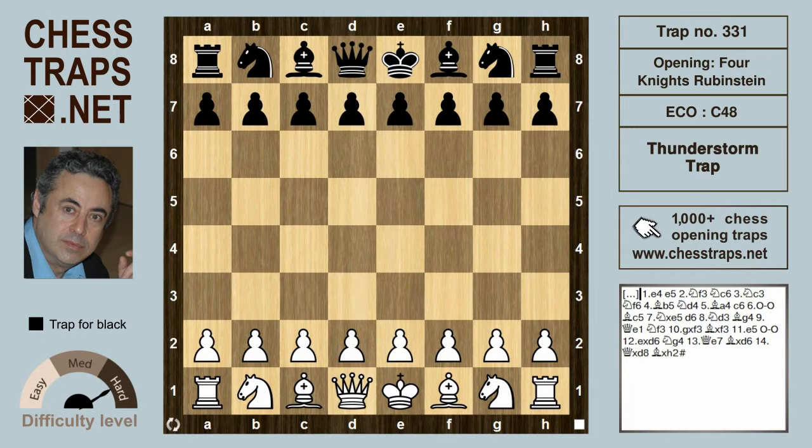Hello there. This is the Thunderstorm trap in the Rubinstein variation of the Four Knights. It may have been mentioned by Muller and Knack in one of their fine studies on opening traps, and also by my friend and colleague G.M. Boris Alterman. So we have e4, e5, knight f3, hitting the pawn,